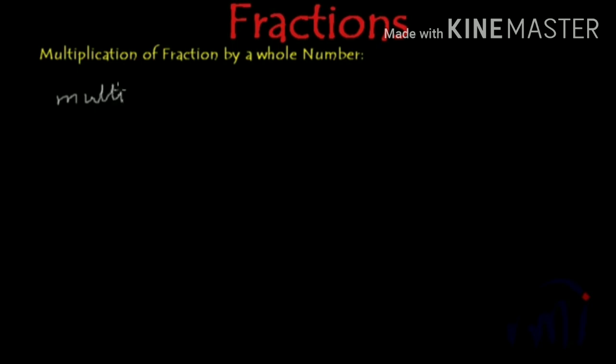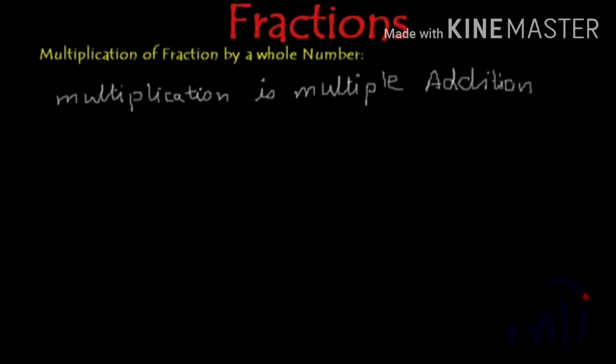So what is multiplication? Multiplication is nothing but a multiple addition. We can say it as a multiple addition or a repeated addition. Suppose let us take an example of 2 into 3. It is 2 times of 3, right? 2 into 3 is 2 times of 3. So 3 plus 3 is equal to 6. Okay, in the normal multiplication table we can say 2 into 3 is equal to 6.